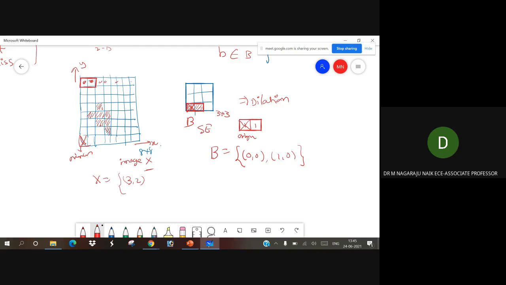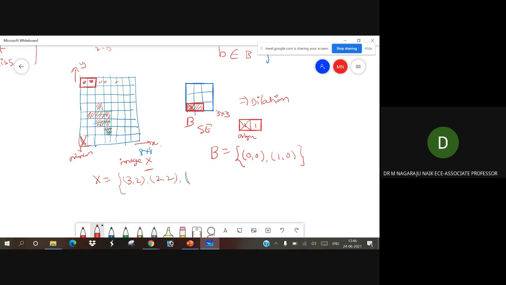2, 2, now this one. So this is 1. Then these 3, right?